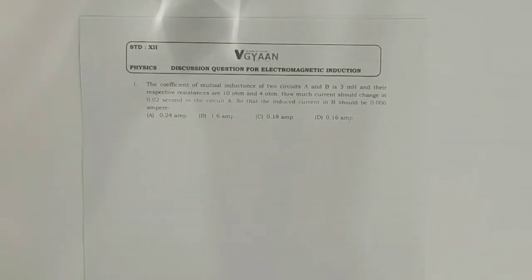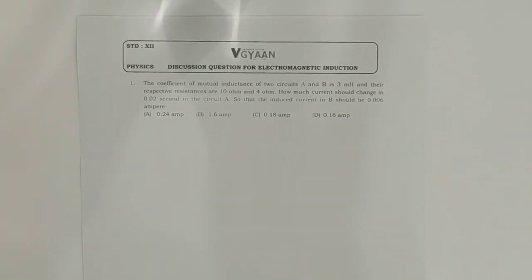Hello students, today we'll discuss some important questions of electromagnetic induction. The first question for the day: the coefficient of mutual inductance of two circuits A and B is 3 millihenry and their respective resistances are 10 ohm and 4 ohm. How much current should change in 0.02 second in the circuit A so that the induced current in B should